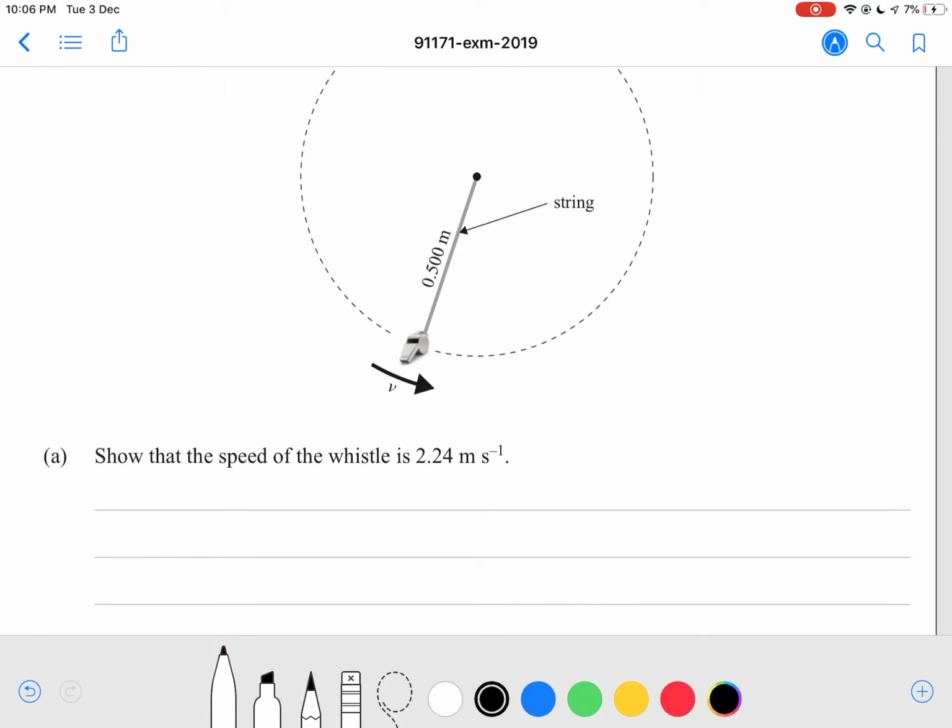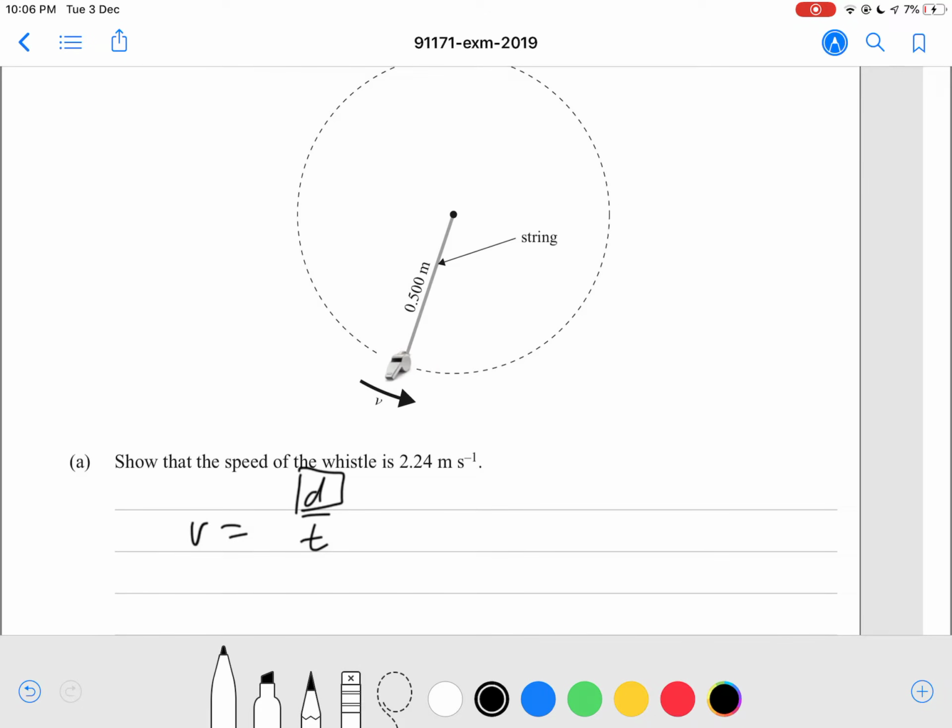So we can use the relationship here between V equals total distance traveled, D, over T. Our total distance traveled in this case will be 1 revolution of the circle, and we know that the circumference of a circle is equal to 2 pi r. So that's also equal to our distance traveled. So we can replace our distance with 2 pi r. So V equals 2 pi r over T,